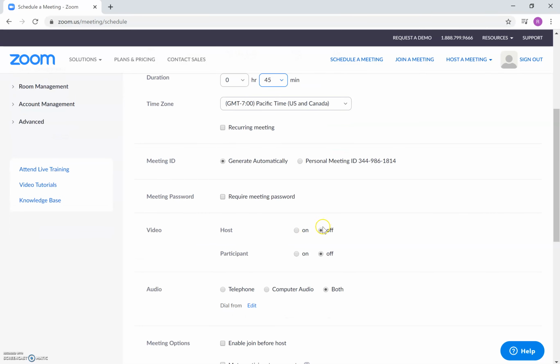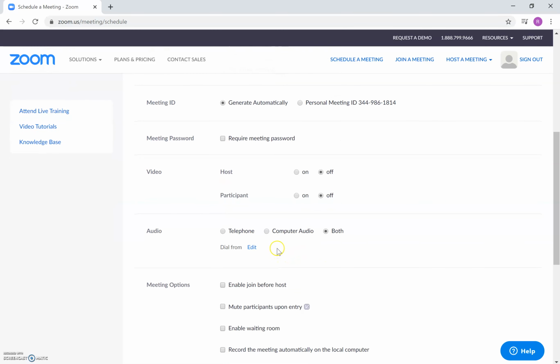I don't need them to see me because I'm showing them the math work, but definitely feel free to turn your video on if you want to use your camera to shoot a video of whatever you're showing them or yourself, but I leave it off. And then I don't need to see the kids, so I leave it off for the kids too. I put this on both, but I actually only gave my kids directions for how to join in online. So I think if you just put computer audio, that's fine too,